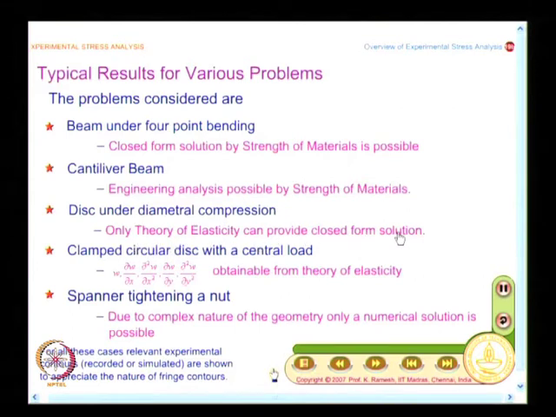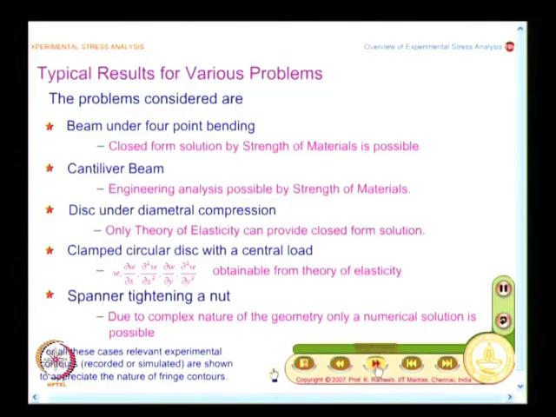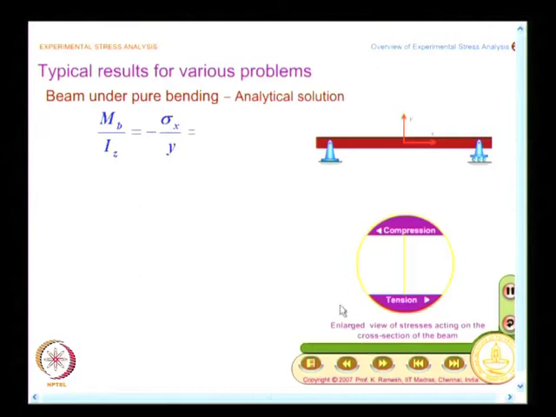form solution. And clamped circular disc, you could find out the displacement, slope and curvature from a study of theory of elasticity, theory of plates. And finally, spanner tightening a nut, we have seen earlier that it is a down to earth problem. Surprisingly, you can't solve it by analytical methods, you have to solve it either by numerical or by experimental methods alone. And now we take up the problem of beam under 4-point bending, and what you have here is, I